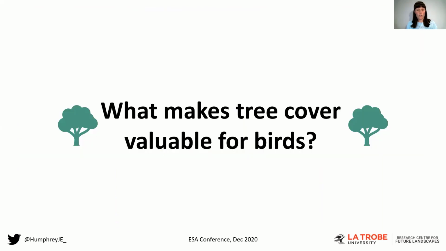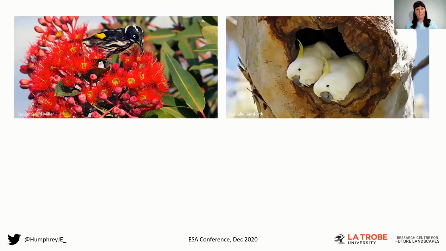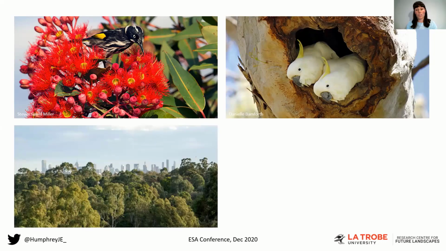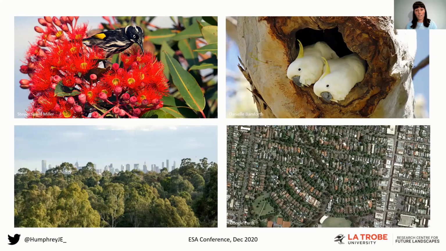It was surprising to note that tree cover didn't have a stronger influence on bird richness. To better understand this result, we need to consider what makes tree cover valuable for birds. Tree cover quality may well be linked to food resources or the availability of nesting habitat. It may also be a question of spatial configuration, where patches of trees hold greater value than linear strips of street trees. Finally, tree origin may be particularly important for birds. I tried to account for this by including the proportion of exotic tree cover, but perhaps the difference lies between Australian native and locally indigenous tree species.